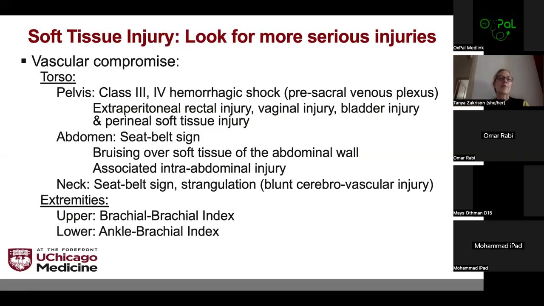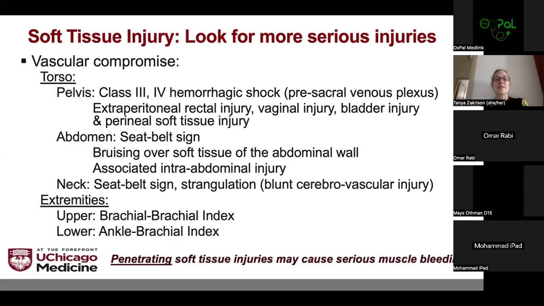And what about extremities? What about if there's vascular compromise? Of course, not a life threat. No one's bleeding out from an extremity that's undergone amputation or something. And maybe I do even have distal pulses. Well, we teach the brachial index and the ankle brachial index, because this is actually something that helps diagnose and rule out injuries of the blood vessel when you're not bleeding to death. You still have injuries of the vessel. And this is sort of more in line with